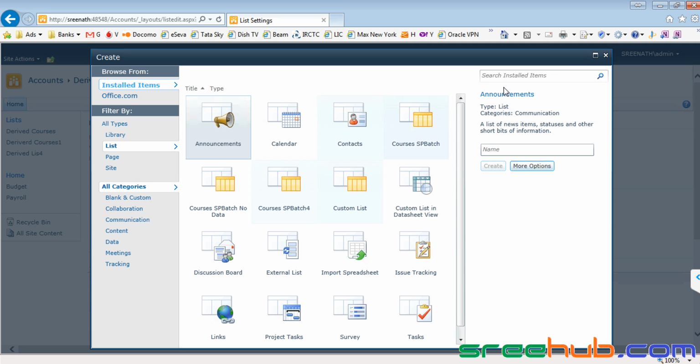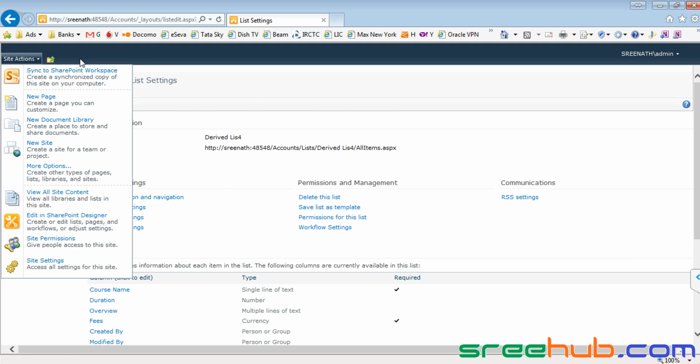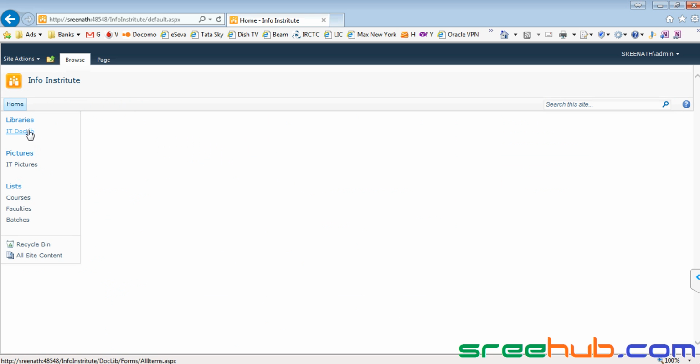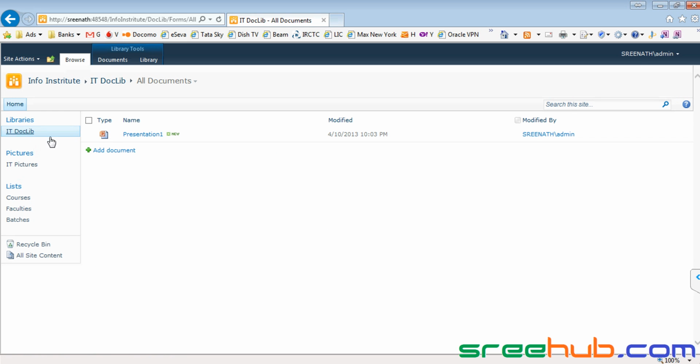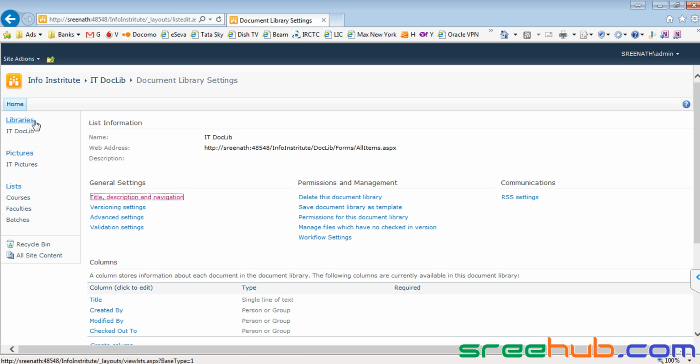So these again are the same. Let's go back and just see one more item here. Let's go back to Corp IT collection, Info Institute. We have something called Doc IT Lib, where we have one presentation. So let's go back to library settings. So till now we have seen something called lists, you remember? Now what I'm doing is